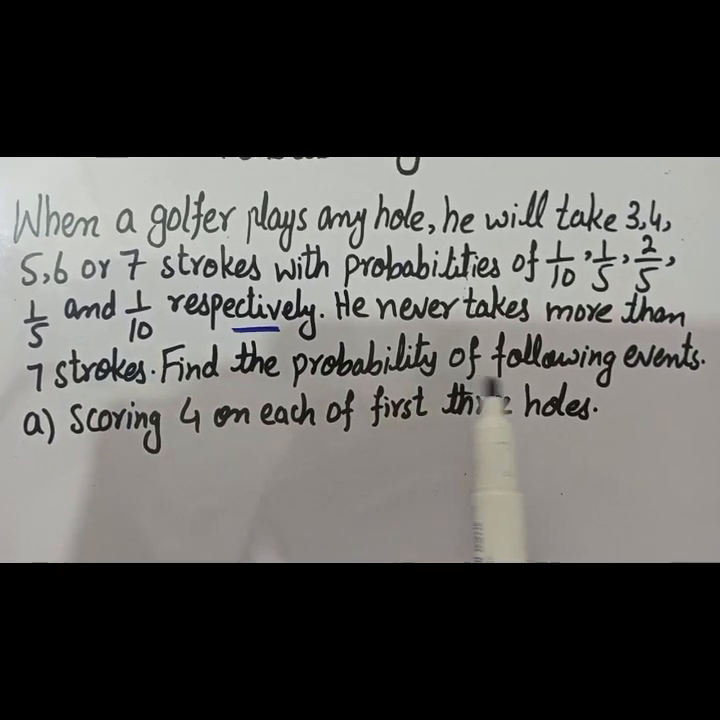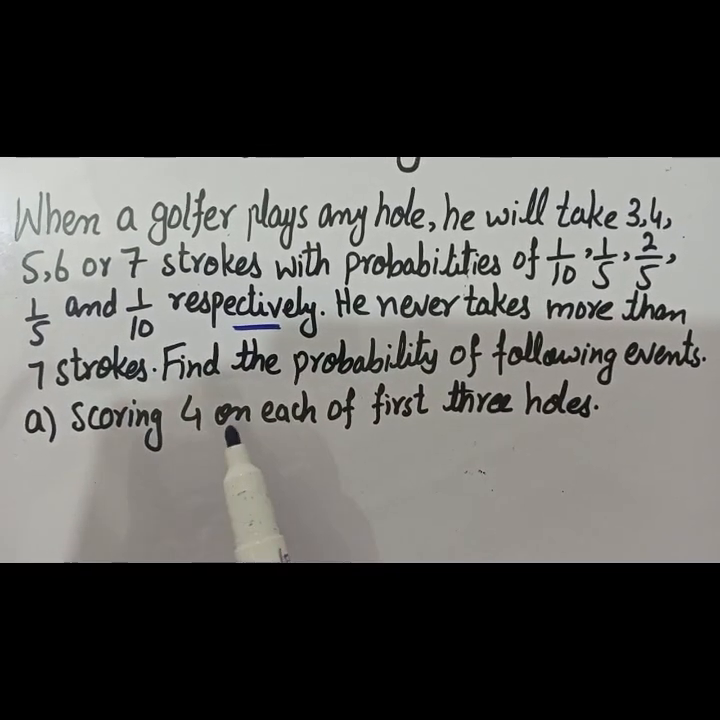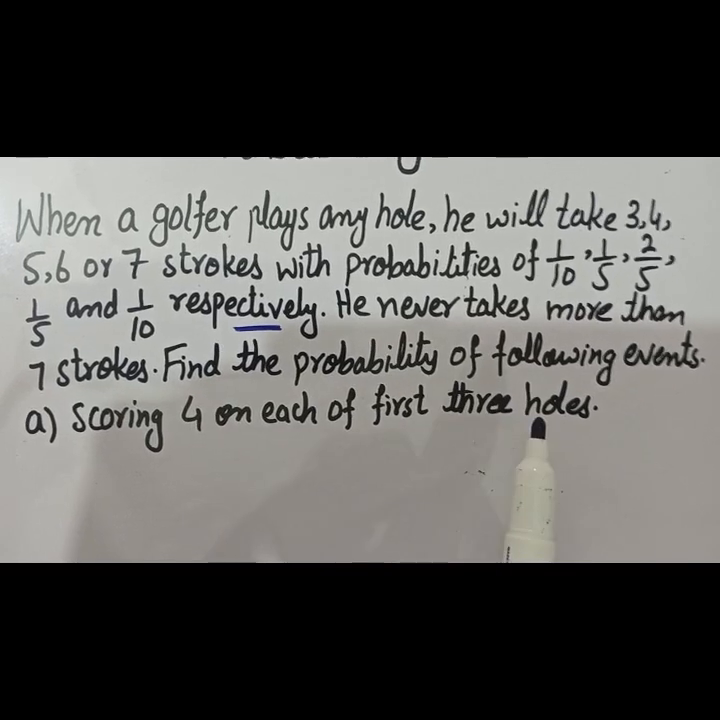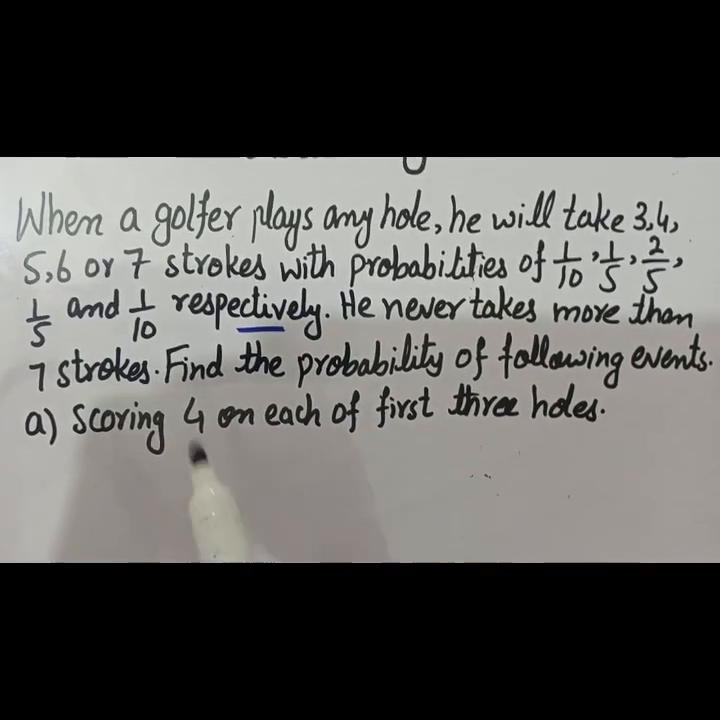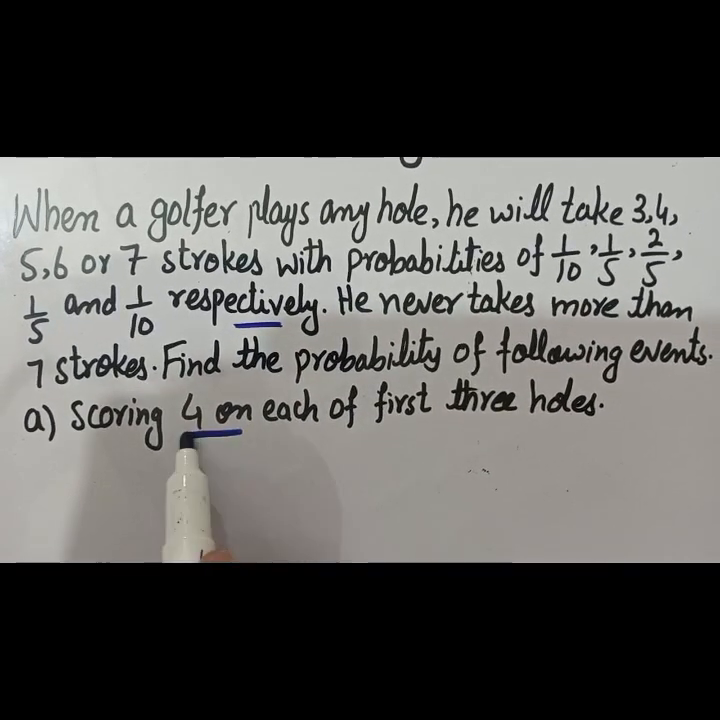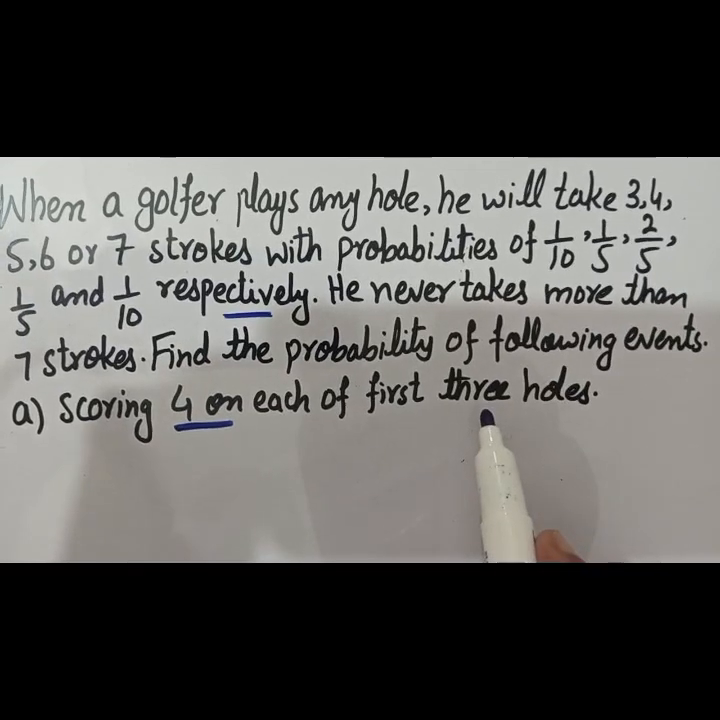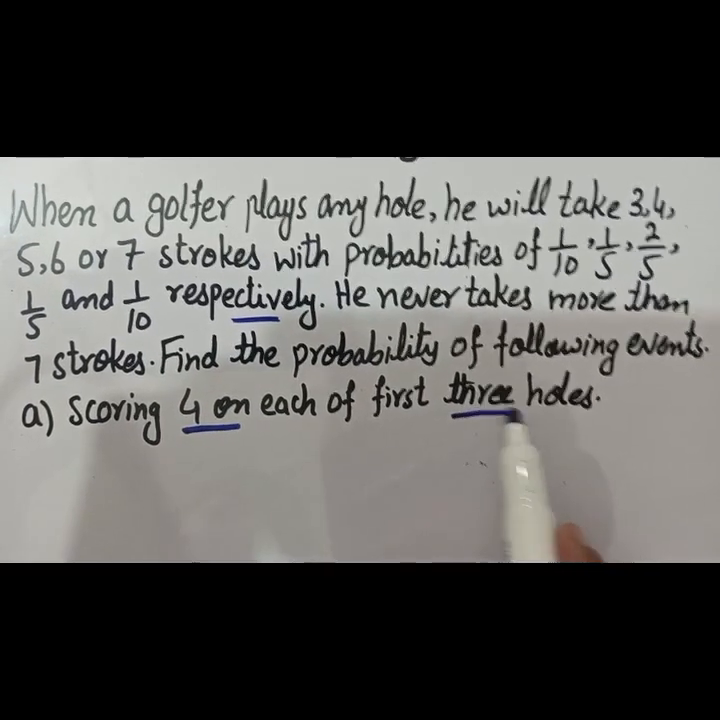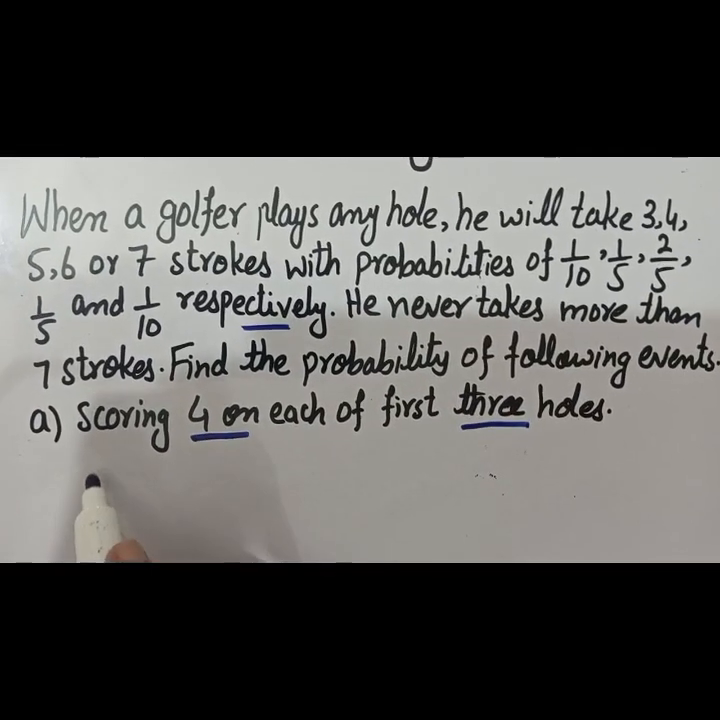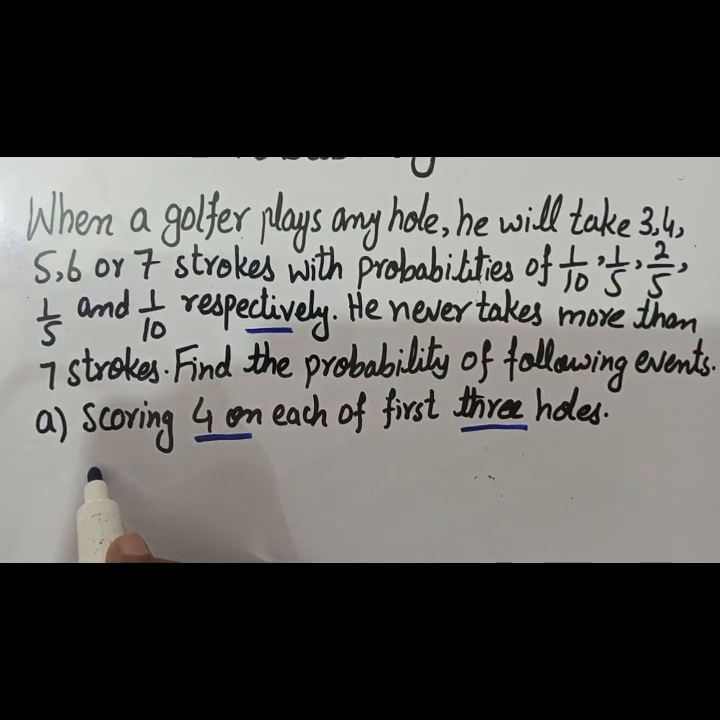Find the probability of the following event: (a) scoring 4 on each of the first 3 holes. It means that he is getting 4 strokes. How many turns is he playing? He is playing 3 turns. It means if you want to find out the probability of 4 at each of